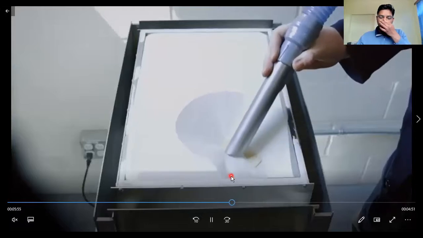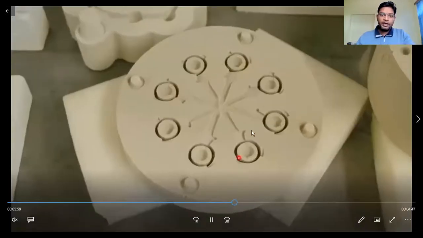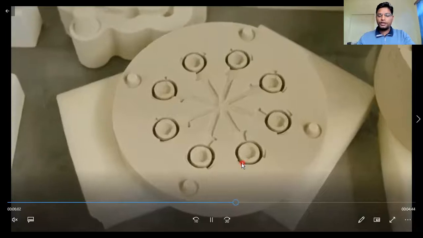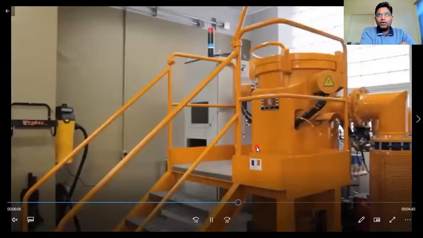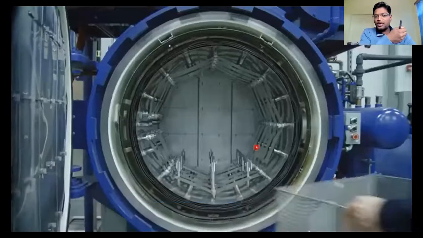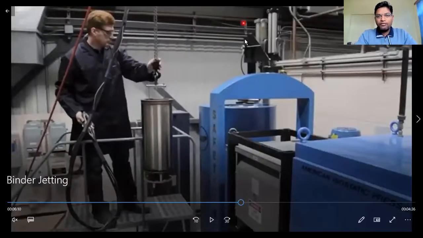After we get the product, if we have to go for a finishing operation, then either we can heat it a little bit, or we can polish it with chemicals, so that will give you a clear finishing.